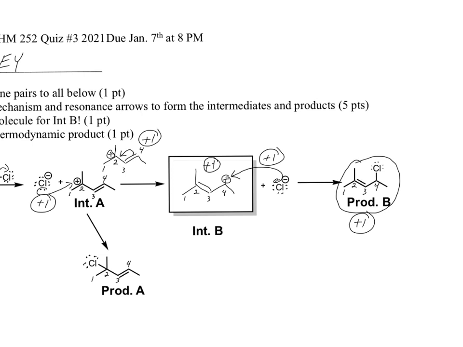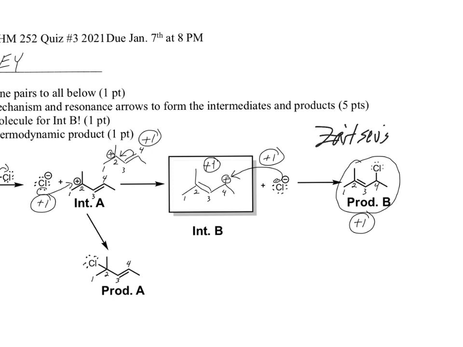Now, so we've drawn intermediate B, we've drawn the arrows. The other big thing is which one of these is the thermodynamic product? Well, thermodynamics asks us about the product stability. So which one of these products is the most stable? It's actually product B. Why is product B the most stable? It is the most stable because it has the most substituted alkene. That's Zaitsev's rule. Zaitsev's rule. So if you want to look that up,